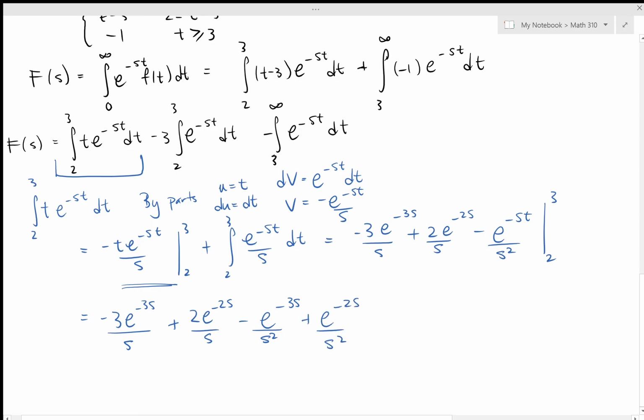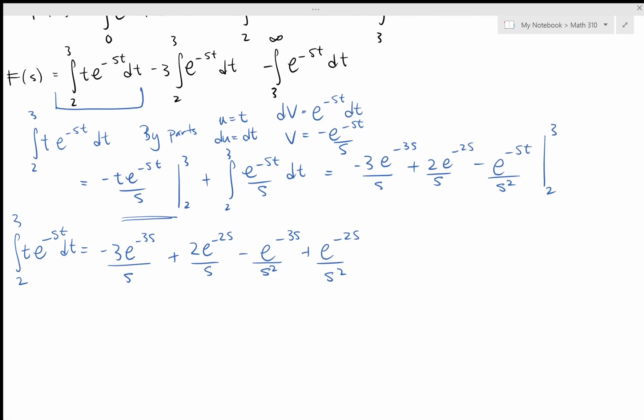Okay, so that is this integral here, the integral from 2 to 3 of t e to the minus st dt. There it is. Okay, now having done that first integral, I want to go back and do the other two integrals and combine all of the terms. So I'm now back here looking at f of s, which is that first integral that I just figured out. Let me just write it again. Minus 3 e to the minus 3s over s